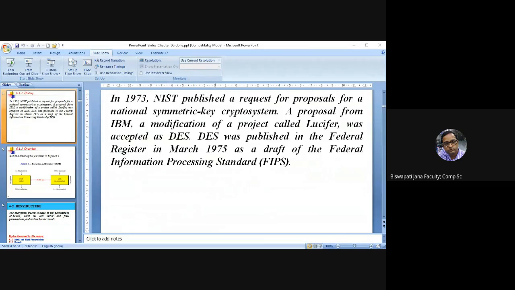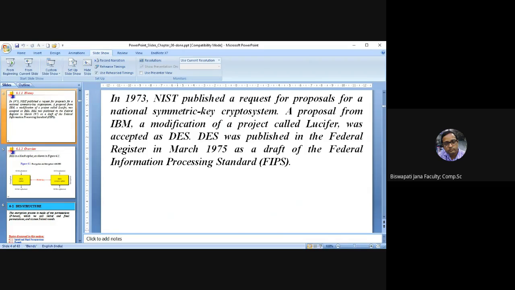That means, what is the current scenario, how the security can be made on this crypto system. So they requested proposals from technical people, and that proposal has been submitted